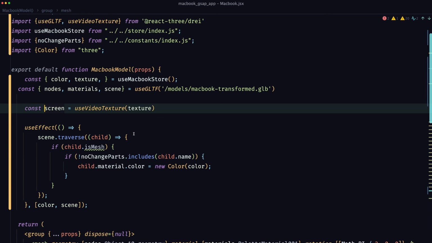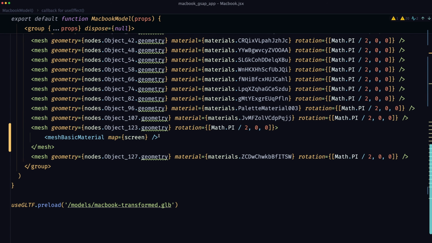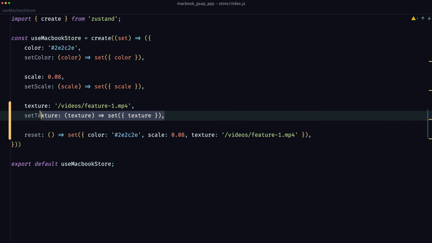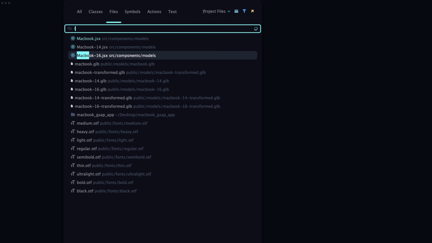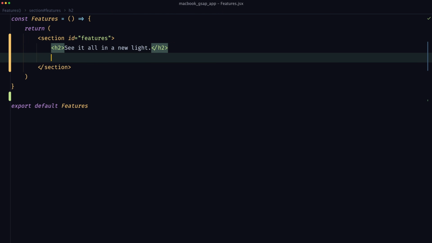I believe that's how we called it right here at the top. And that's it. This now means that as before we rendered a texture that was an image, now we're passing over a texture that is a video, and that video is coming from a store, and we can modify it as we scroll. So let's develop it by heading over into features and creating a canvas within which we can